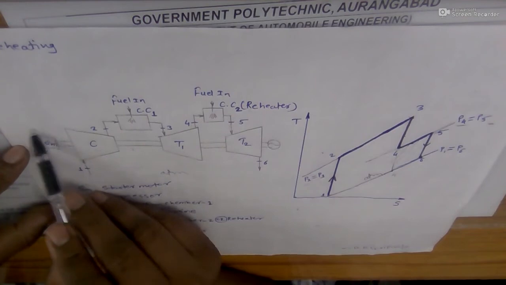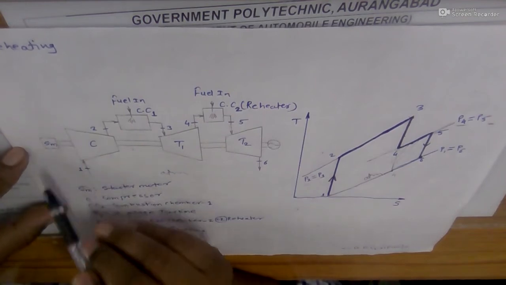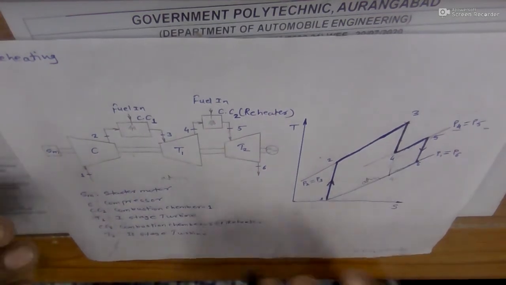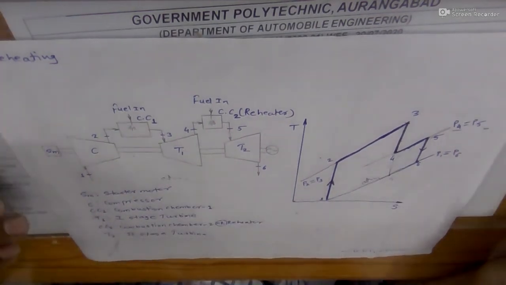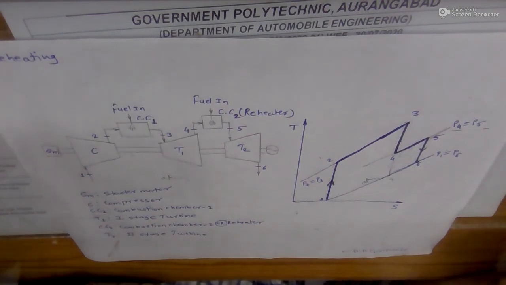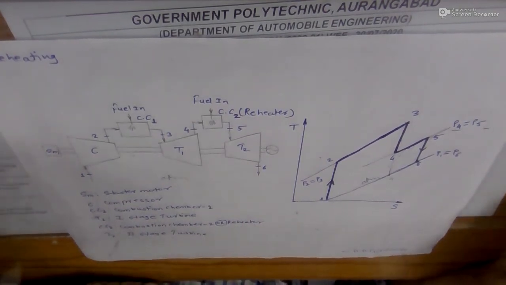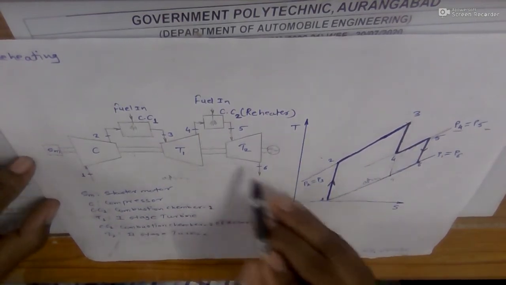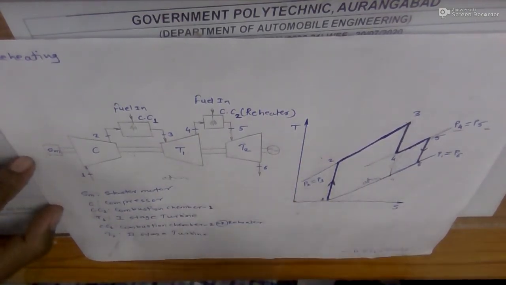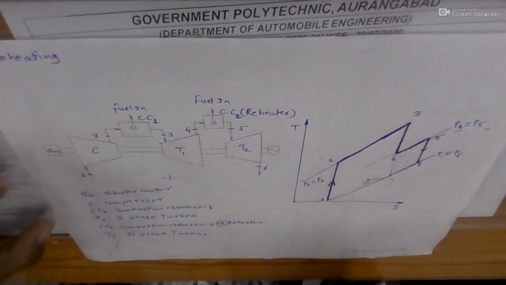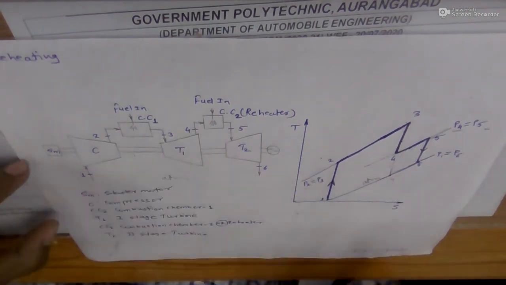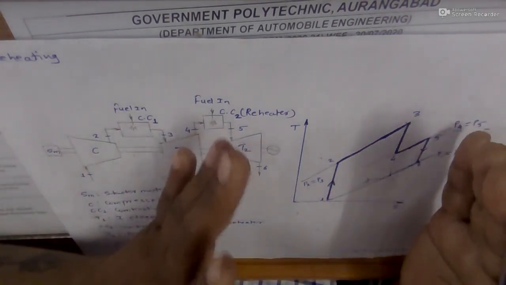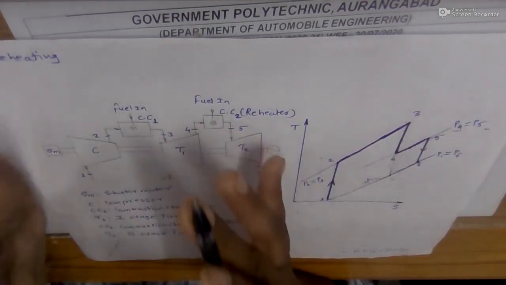Again I can use one more compressor over here to have an intercooling effect. Okay, so you can add all the methods to improve the thermal efficiency of a gas turbine in one system only. So I can use reheating, and I can use reheating with intercooling and regeneration also. So all those three methods I can use in one machine also. Your TS diagram will be somewhat different, it will be a huge diagram, and a huge arrangement will come out over here.